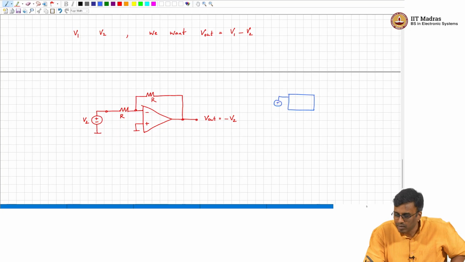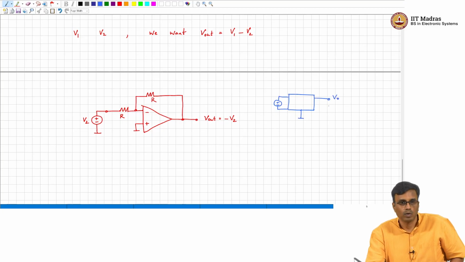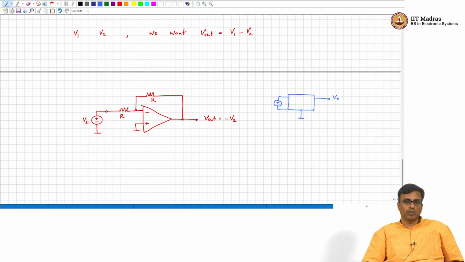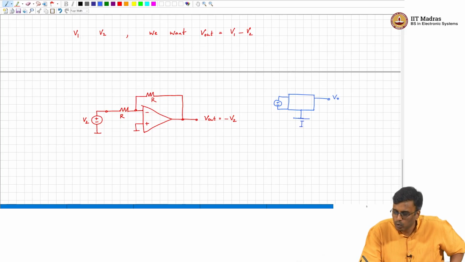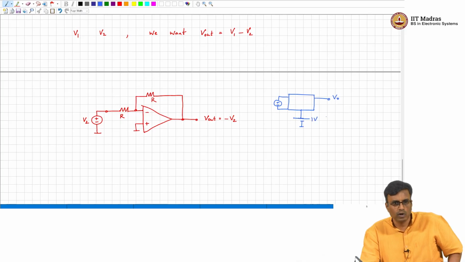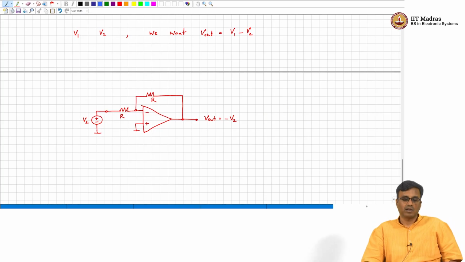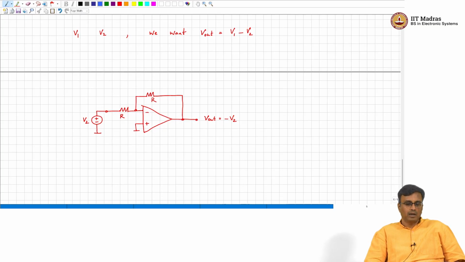So, if you want to push up all voltages, let us say you have some circuit like this and this is ground, and you have some voltage here with respect to ground equal to VO. If you want to add 1 volt to the output voltage, what can you do? You can change the ground voltage. So, if I put 1 volt here, the new output voltage will be VO plus 1 volt. So, if you want to move the output voltage up by V1, you can connect V1 to